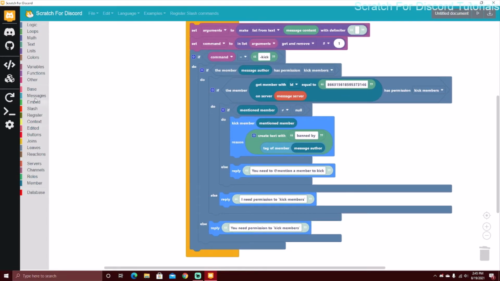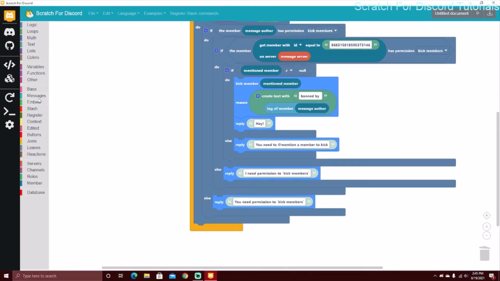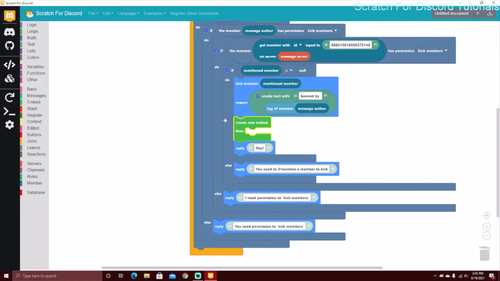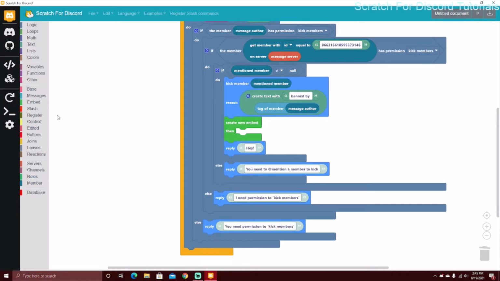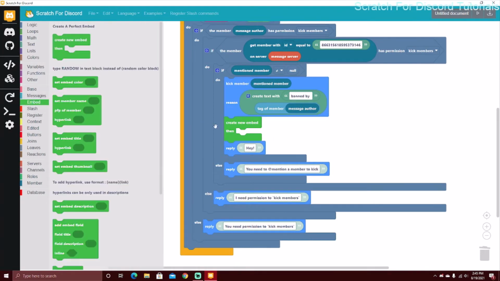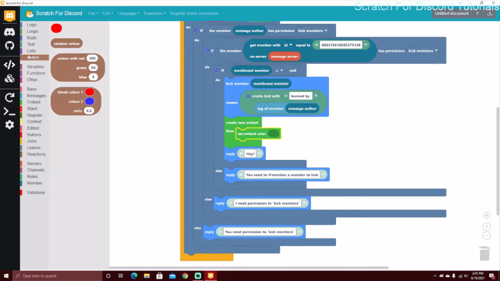And then I'm gonna actually reply. And I would recommend making this an embed. You don't have to, but I would recommend it. So in preview 4.5, embeds are a little different. Before we could just drag the message embed block and then add everything, but over here we have to create new embed, then set embed color. I'm gonna set it to red,